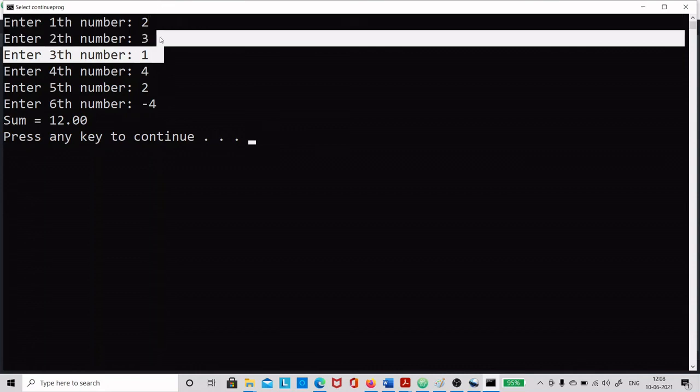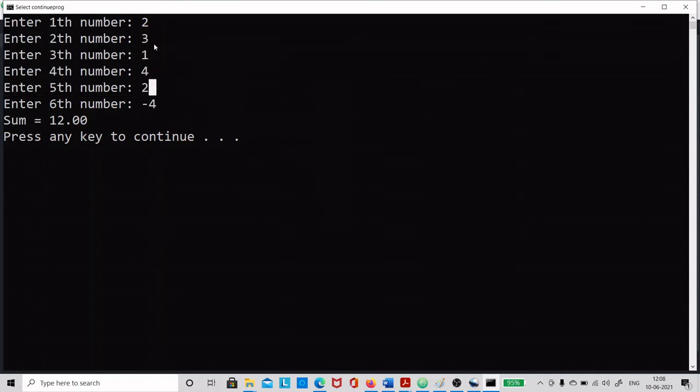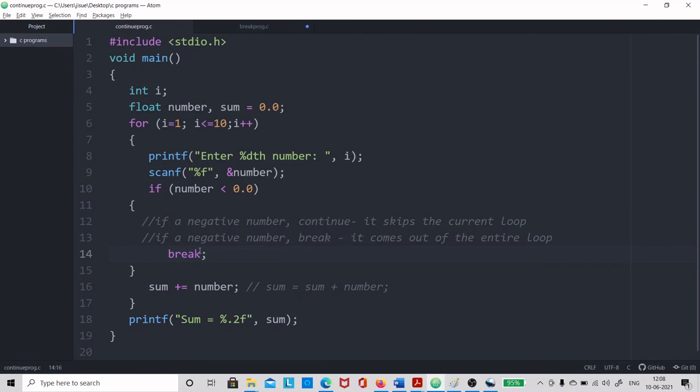So the first 5 numbers are added to the sum variable: 5, 6 plus 4, 10 plus 2, 12. So sum is 12. Only 5 times the loop is iterated. The 6th time, as it is a negative number and as we are giving break, it is coming out of the loop and the rest of the iterations are not executed. So this is how break works.